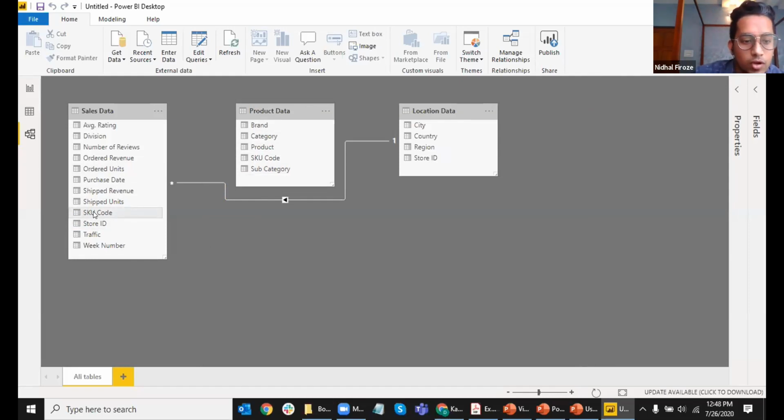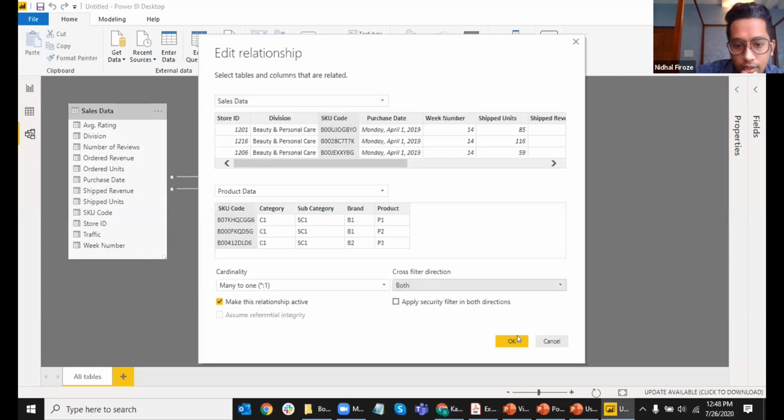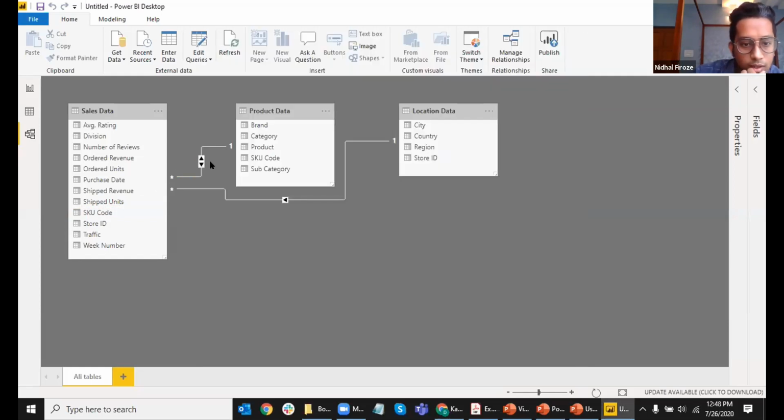Please pay attention to the Zoom screen if you're not on the Zoom. I clicked on the SKU code, dragged and dropped it over this SKU code. And you see a relationship. See, by default it determines it's a one-to-many, and it determines this as a single direction. That's the single arrow mark. If I use, for example, let's try a bidirectional or a cross-filter direction of both, you see two directional arrows, which is the both directions.